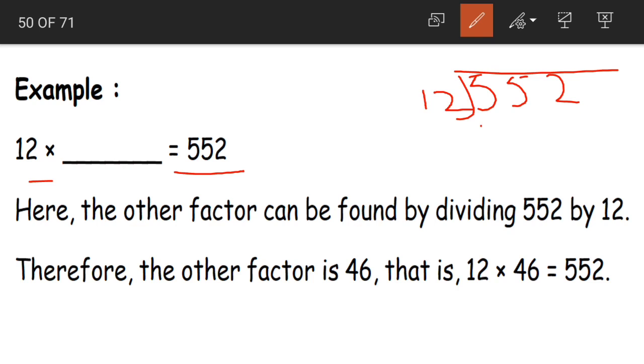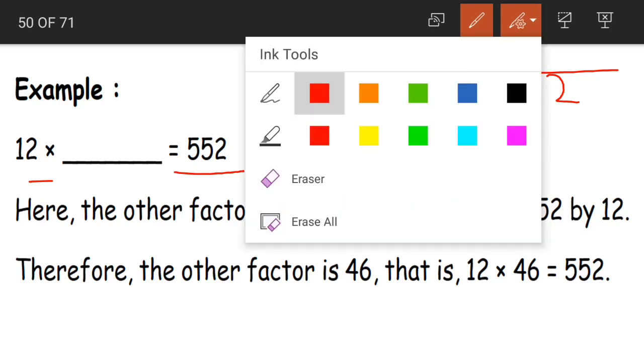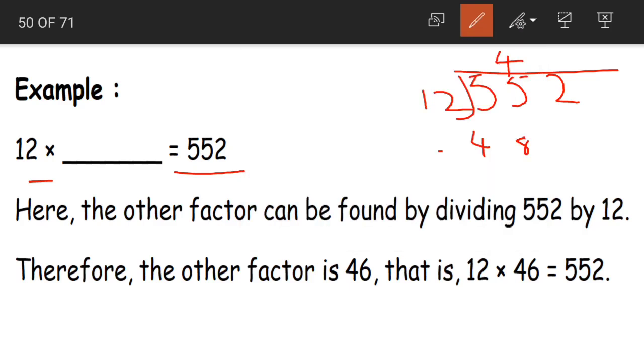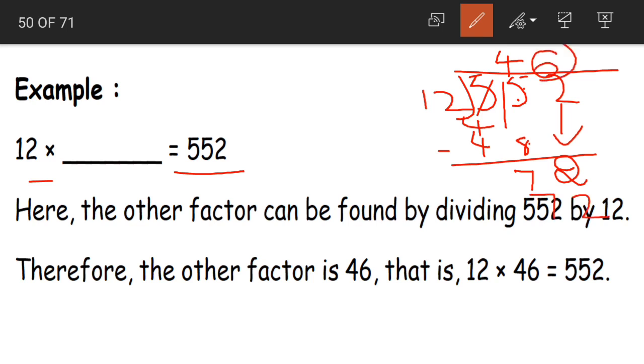divided by 12. Now if we take only the first digit 5, it is less than our divisor. So taking two digits at once, 55, we have 12 fours are 48, which is the nearest lesser number. We have 12 fours are 48, and then if we subtract, 5 minus 8 is not possible, so borrowing, 15 minus 8 is 7 and bringing 2 down. Yes children, now we have 72. And how many times will 72 go in 12 table? 12 6s are 72. Yes, so 6 in the quotient and 72 written just below. Then if we subtract, 0 will be our remainder.